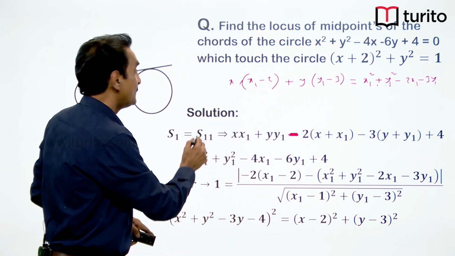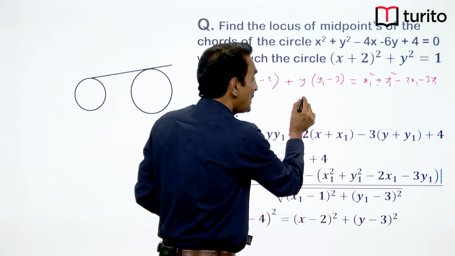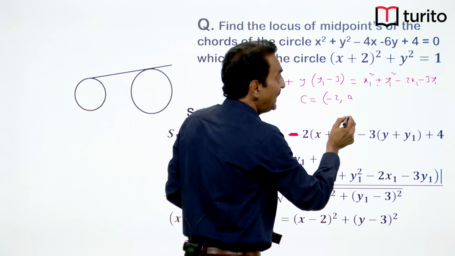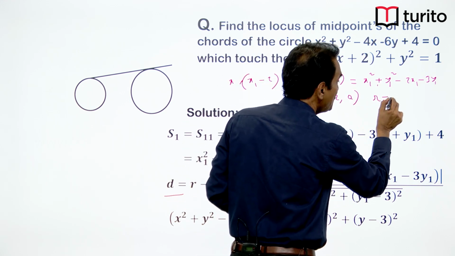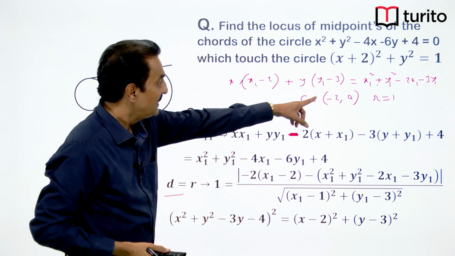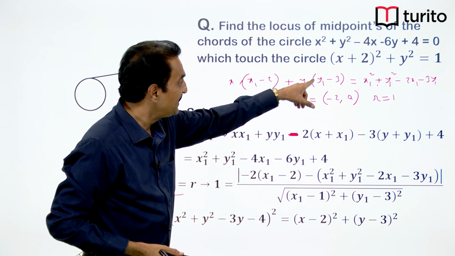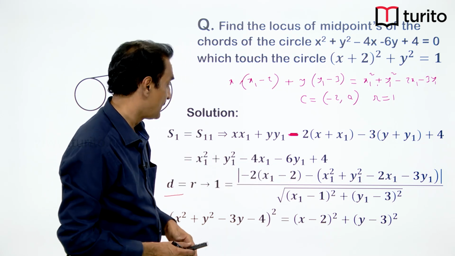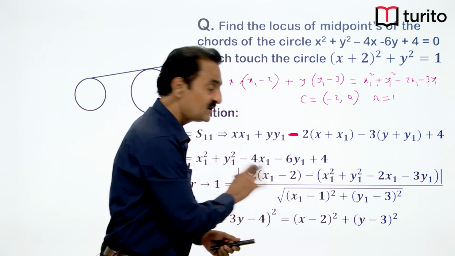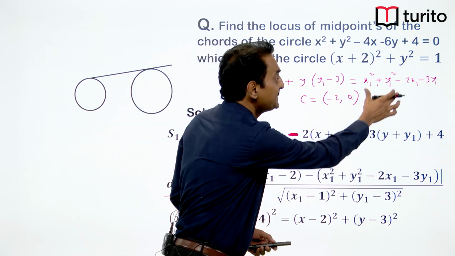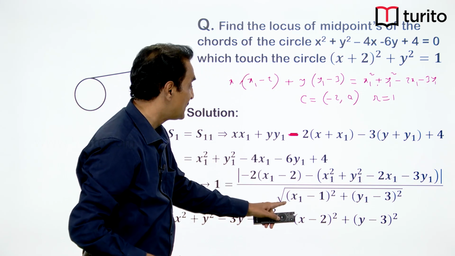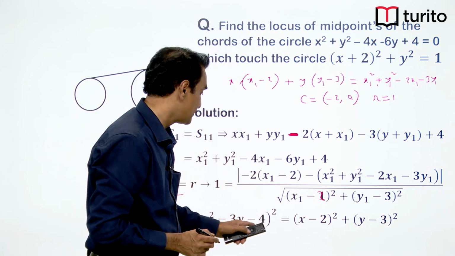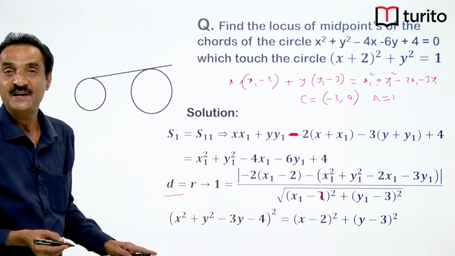What is the center of the circle? Minus 2 comma 0, and radius r is equal to 1. So, d will be the perpendicular distance from this point to this line, which is minus 2 into x1 minus 2, plus 0 into y1 minus 3, 0, minus of this, divided by root over x1 minus 2 whole square plus y1 minus 3 whole square. So, finally, cross multiplying and squaring, we get